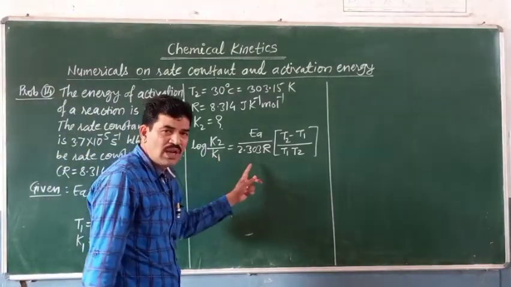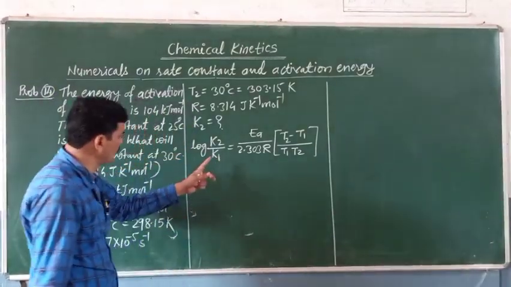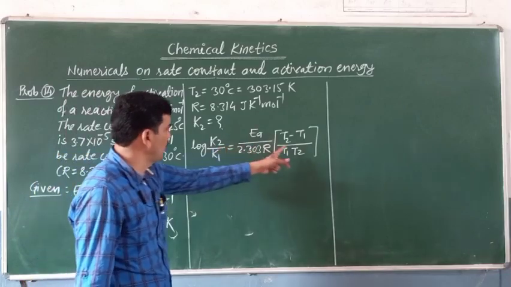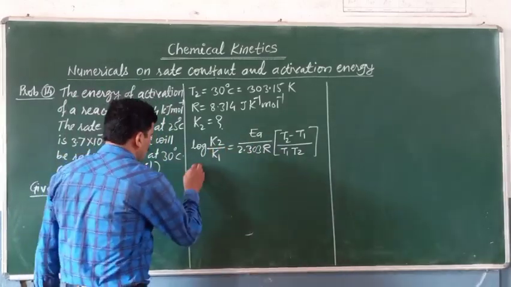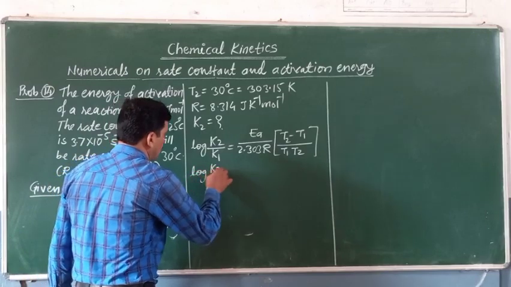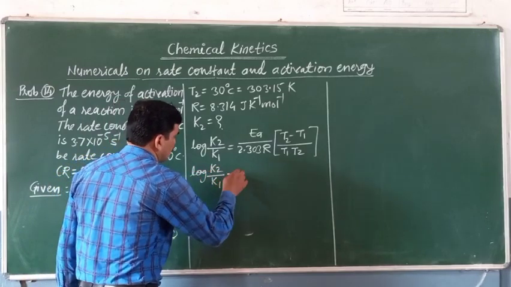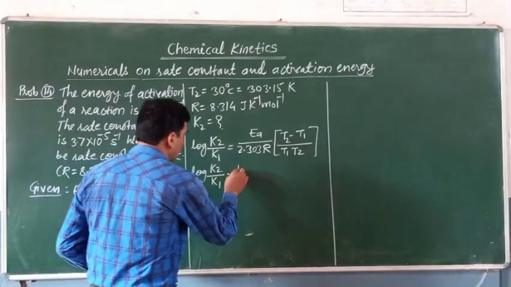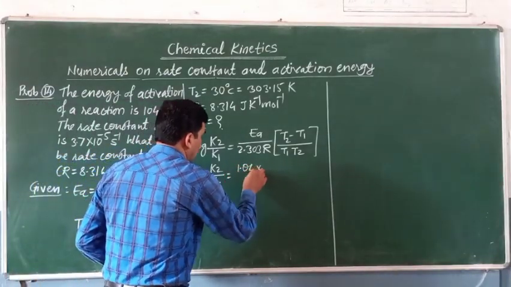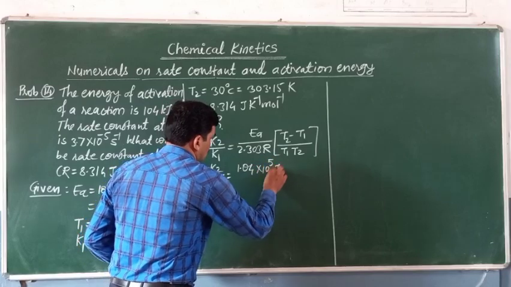So this is the formula. Now in this formula we know the value of K1, Ea, T1 and T2. We can find the value of K2. So log of K2 by K1 equal to Ea, it is 1.04 into 10 raised to power 5 joule per mole